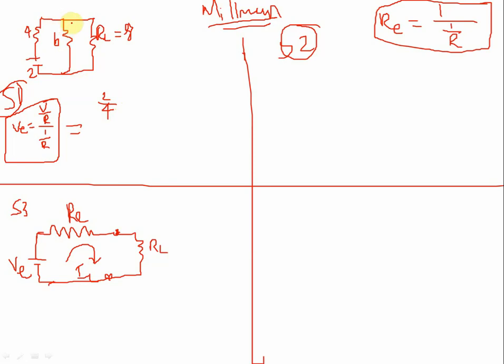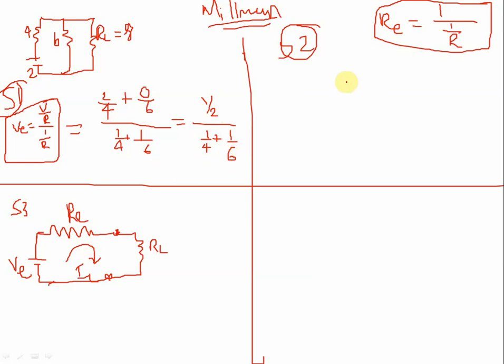Then go with the parallel second line. Plus, is any source present? No source, so 0 divided by the resistance value 6. Then the whole is divided by 1 by 4 plus 1 by 6. Zero divided by anything is 0, so we have 2 divided by 4, that is 1 by 2 in the numerator, and the denominator is 1 by 4 plus 1 by 6. Simplify and tell me the VE answer.